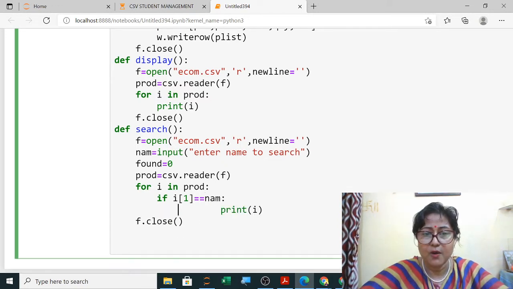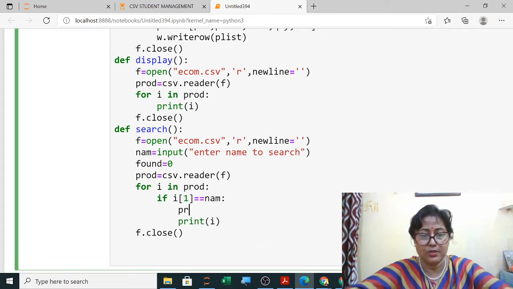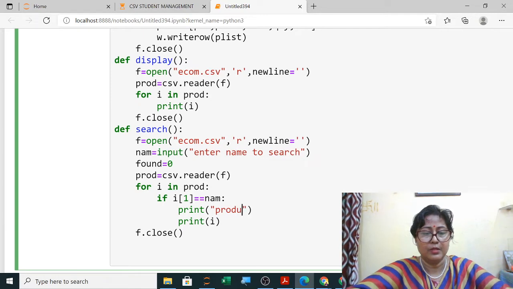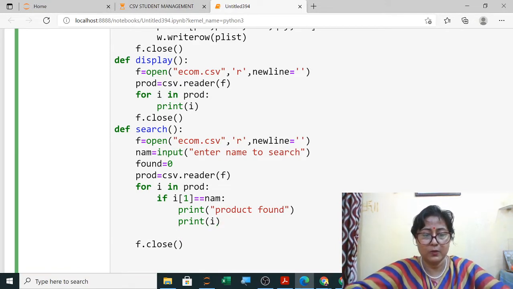Now double equals to the name, NAM, which you have taken from the user. Now you have found it, so you will print whichever you have found, and you will write here, search product found, and one variable I am using here, found equals 1.